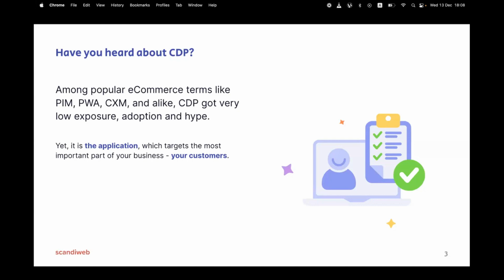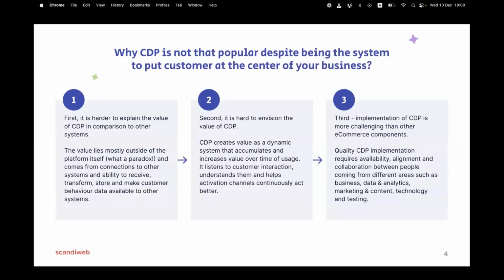And it is amazing that we have this paradox. So the guys who are actually doing CDP, they are way ahead of other guys who are not yet doing it. And talking with customers and hearing their stories, talking with marketing teams, with data teams, or with CDP evangelists, meeting at some CDP events, we just summarize 3 main reasons why CDP is hard. Why it's not that popular, despite being so awesome, that we will discover later in detail.